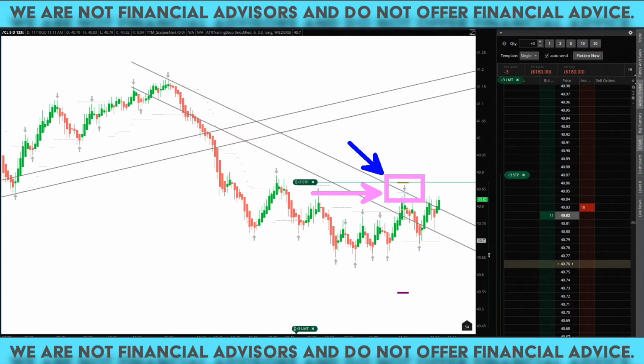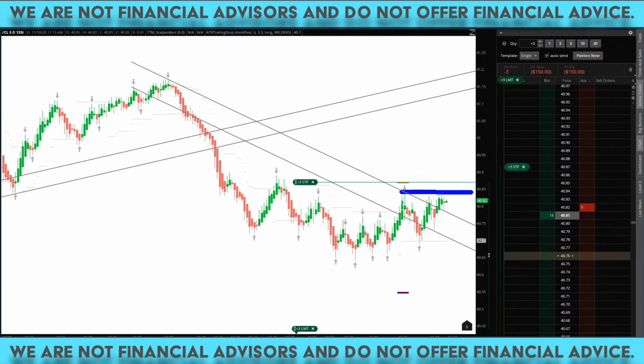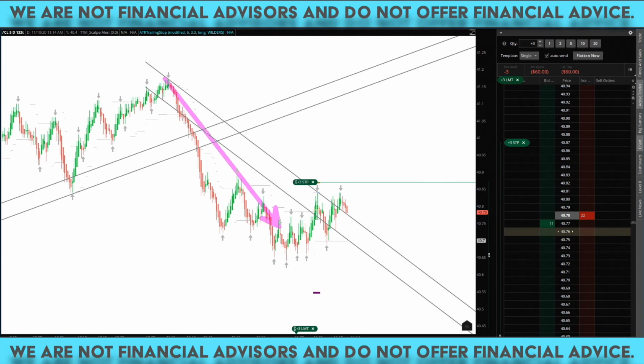Why? Because we know once we start making higher highs, trend reversal. And as you can see, for right now, price has come into that and is holding just a little bit below. If this price does fall down from here, then I'll need to adjust my channel zone. If price breaks above here, then I'll need to place a new channel zone going to the upside. But based off everything we just talked about, this is the impulse leg down. Here's the consolidation,